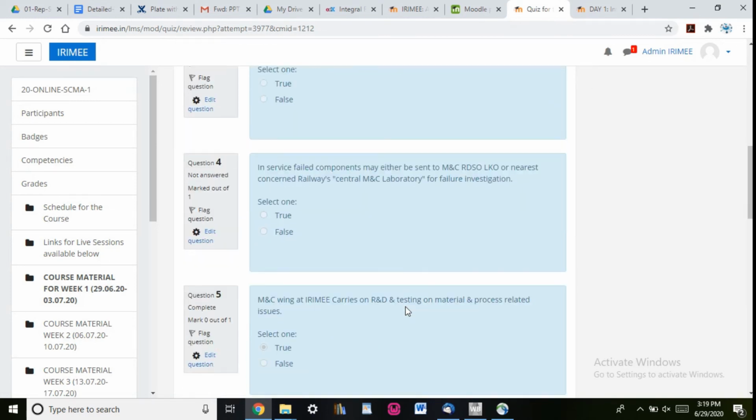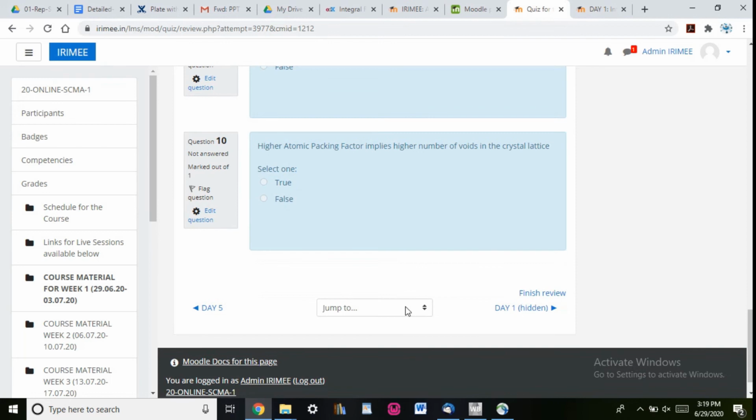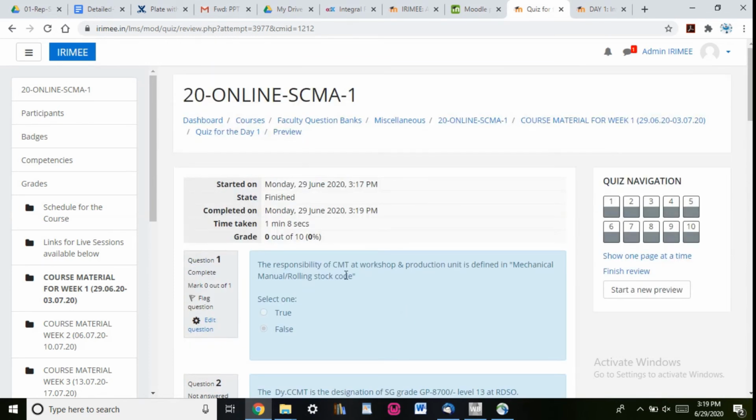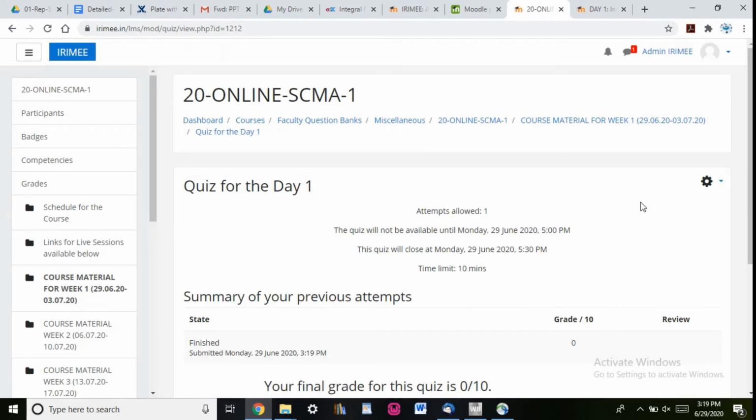And here the option has been that the answers are not being displayed to the students. So it's up to you. If you want the children to know the answers immediately, you could disclose the answers immediately. It's totally an administrative choice that you wish to take. And adding questions to the quiz is also extremely simple. I'll just display that also.